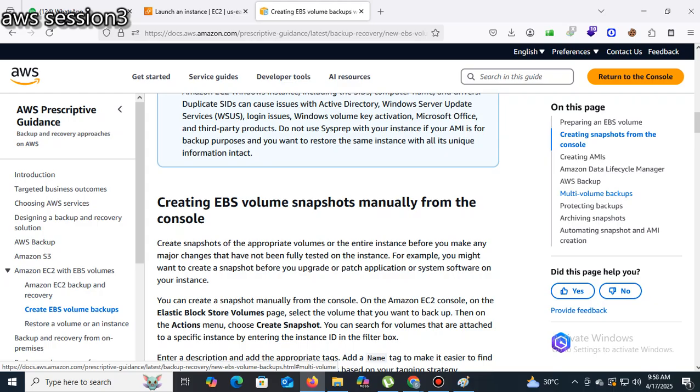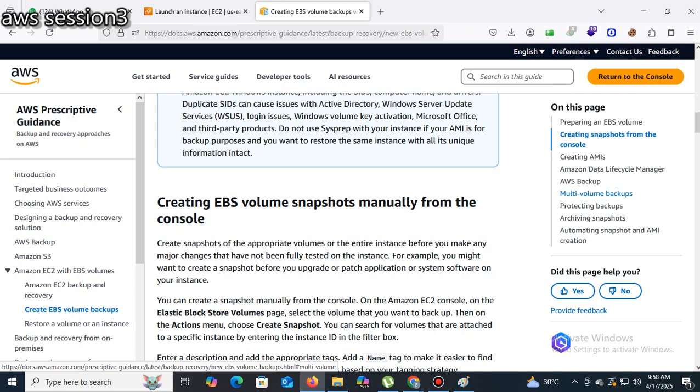These three things we're going to do tomorrow, in the same lab, only one single lab. Three things in a single lab. What are the things? First we'll take the AMI backup, then the customized AMI, and key recovery. All these things will be done in a single lab tomorrow.